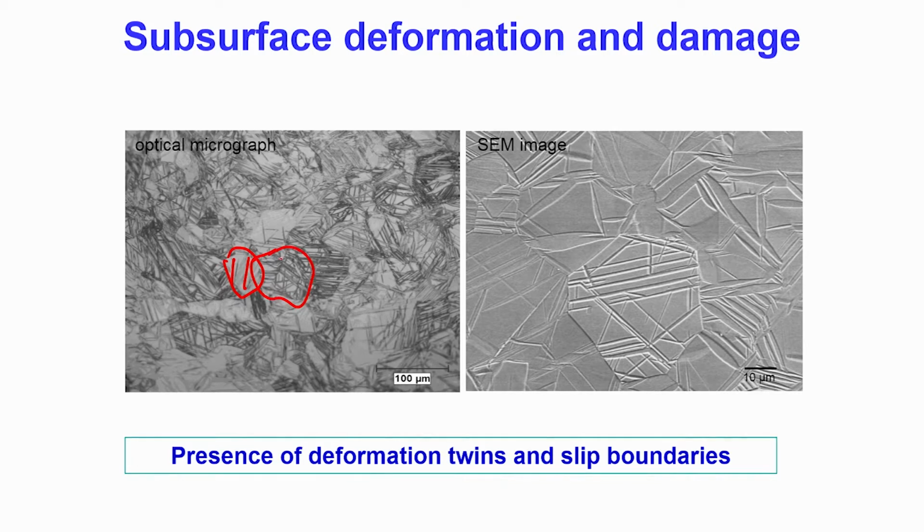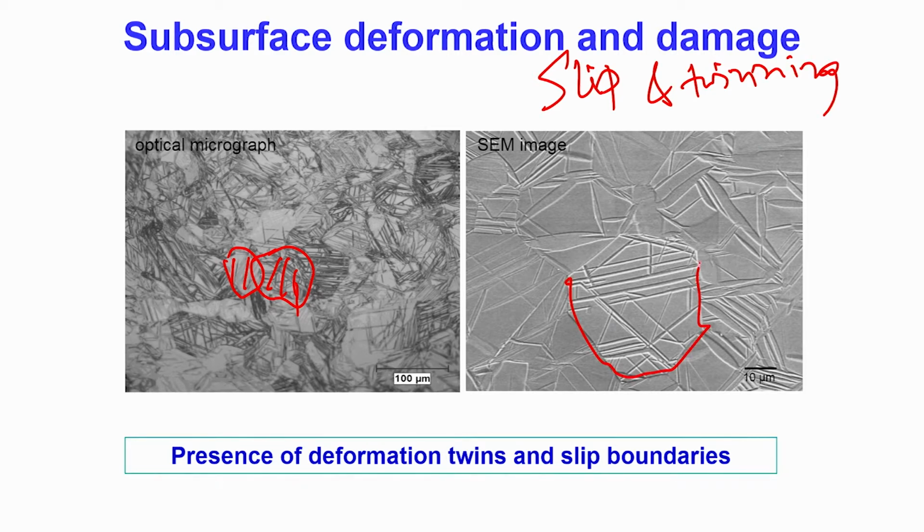So, these twins are one of the deformation modes. For metals, there are two types of deformation mode, one is slip and one is twinning. So, this twinning, if you see, this is the large grain size, like 40 micron or so, and you see these twins, they normally extend from one grain to another unless they impinge on another growing twin. So, for example, this twin cannot extend to the other end of the grain edge because it is actually interacting with one of the longer twins in the microstructure on this specific grain.